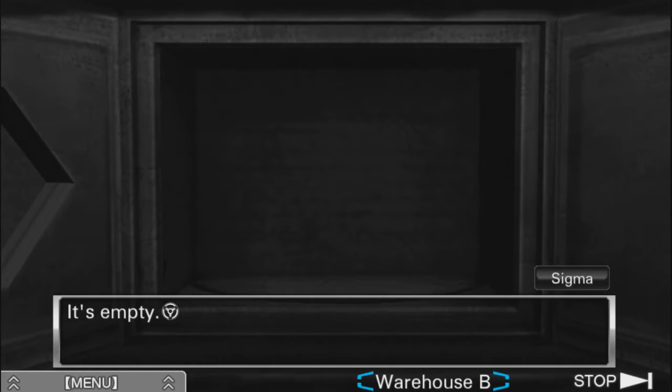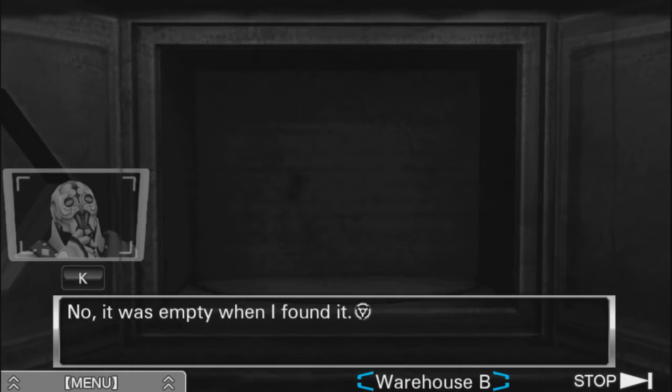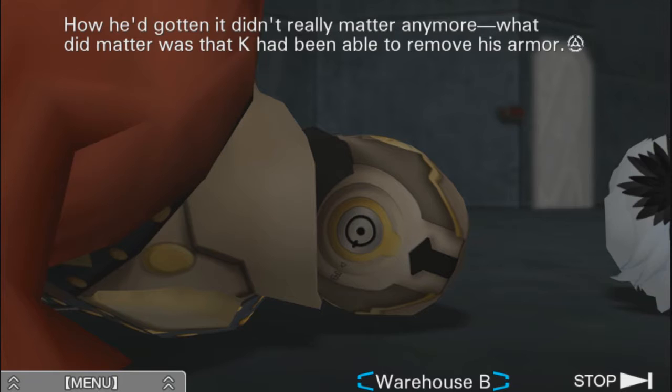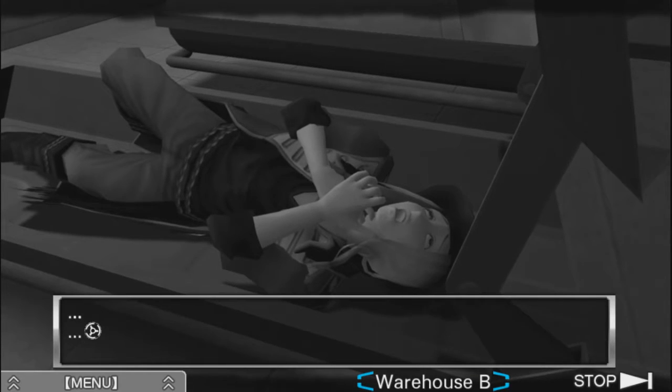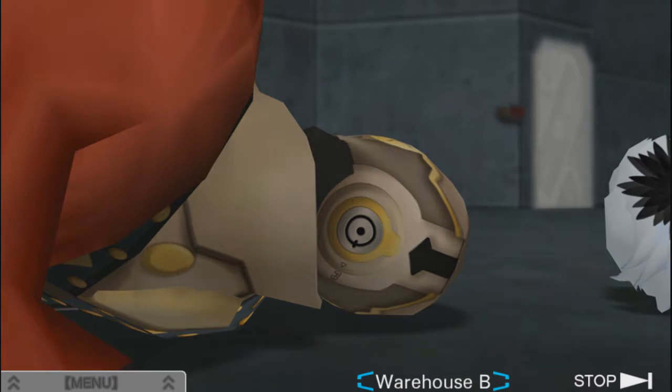But when could he have? He got it from the laboratory. Isn't this the timeline where you're standing in front of the laboratory safe for no reason? We don't actually know who went through the laboratory and opened it? Yes. Was there something in there before? No. It was empty when I found it. You're right. But what if he'd lied? Could Kay have taken the key? How he'd gotten it didn't really matter anymore. What did matter was that Kay had been able to remove his armor. And he had. Oh. Holy shit, then that would mean Deer's killer is...